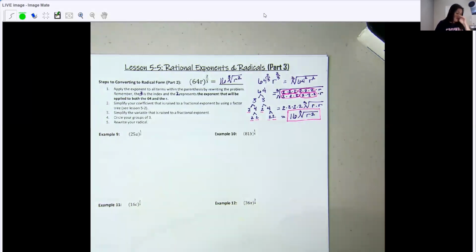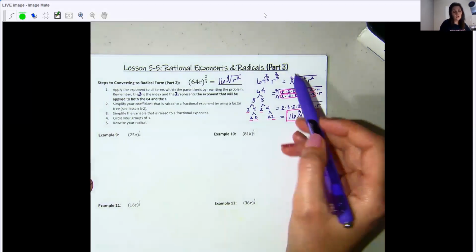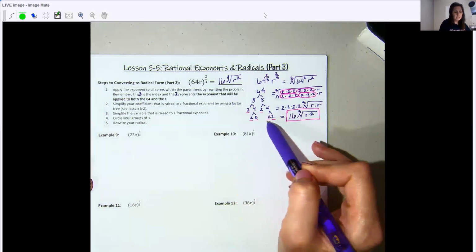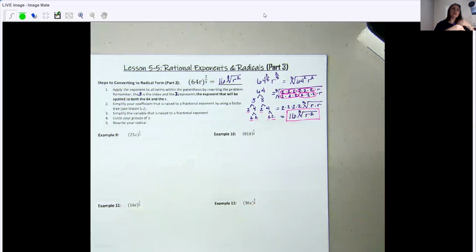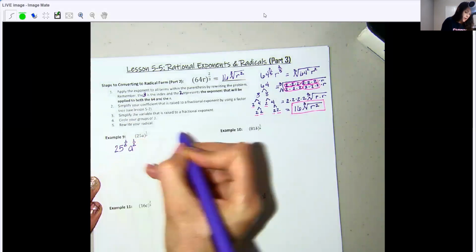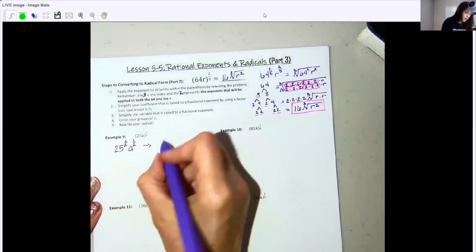Okay. So the first 2 examples, I chose kind of a tricky one here, so we can cover everything that could possibly happen when you're simplifying these terms. So examples 9 and 10 are pretty simple. We're going to apply the exponent to both terms inside of the parentheses. So 25 to the power of 1/2, a to the power of 1/2. And then we're going to put that into a radical,